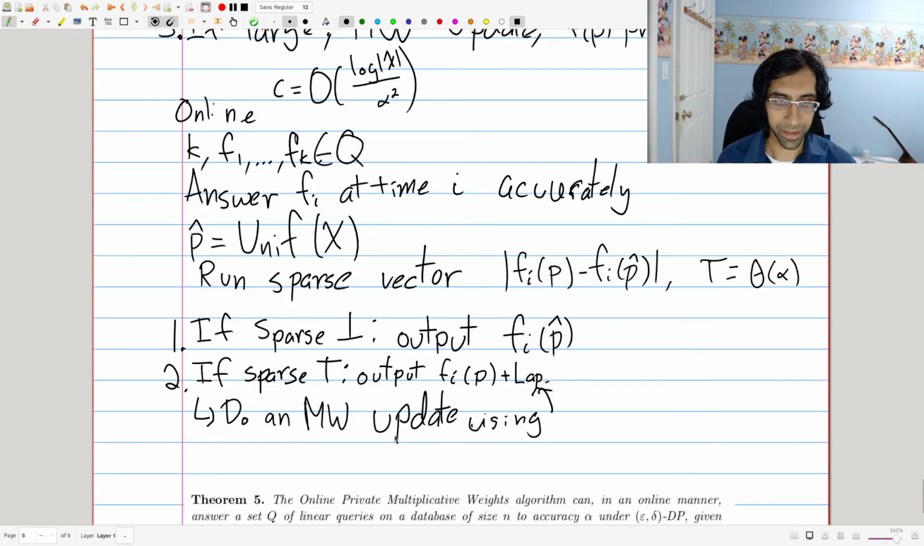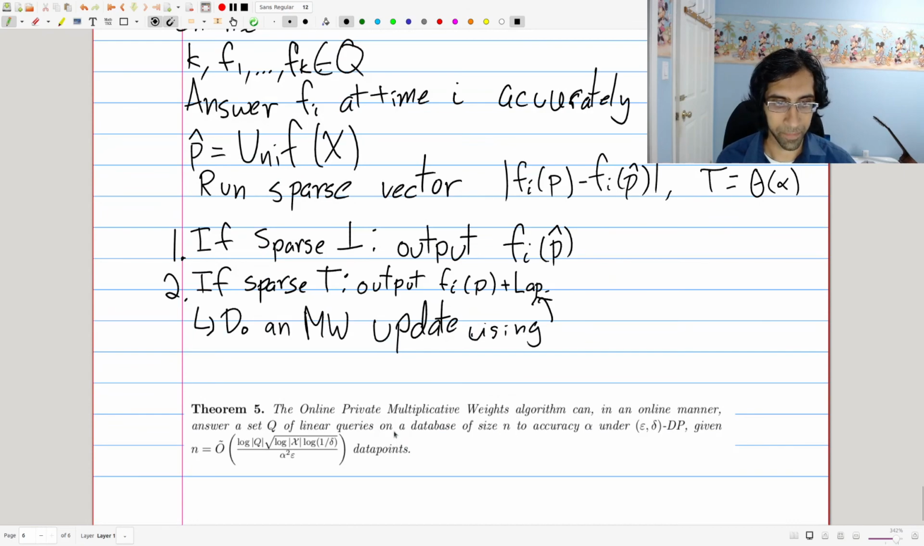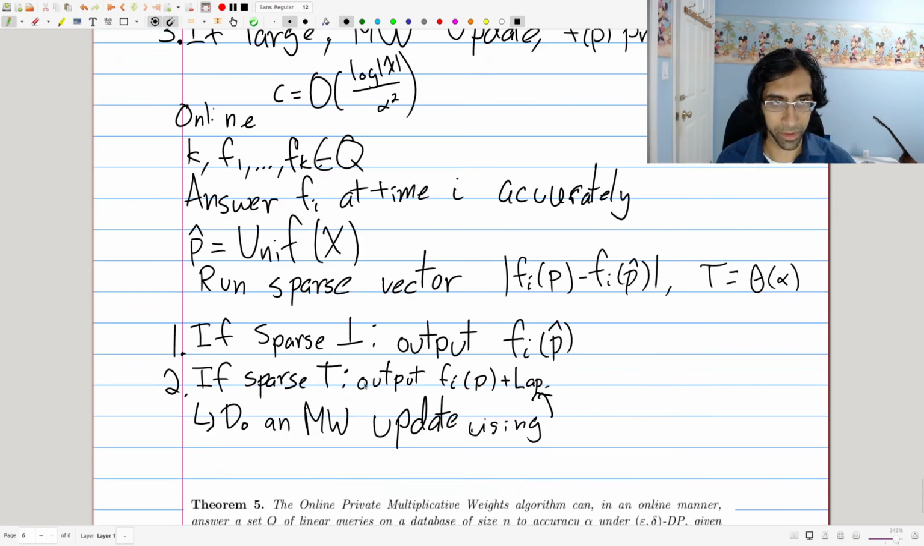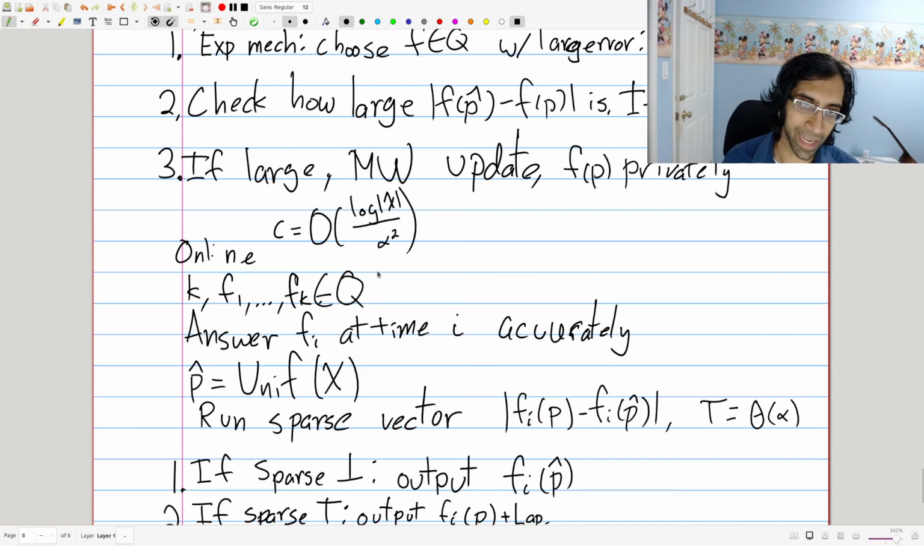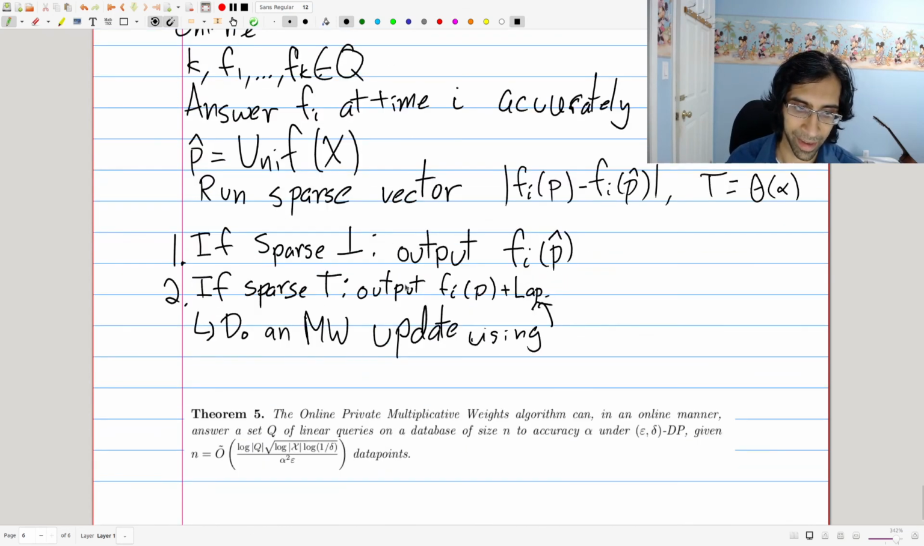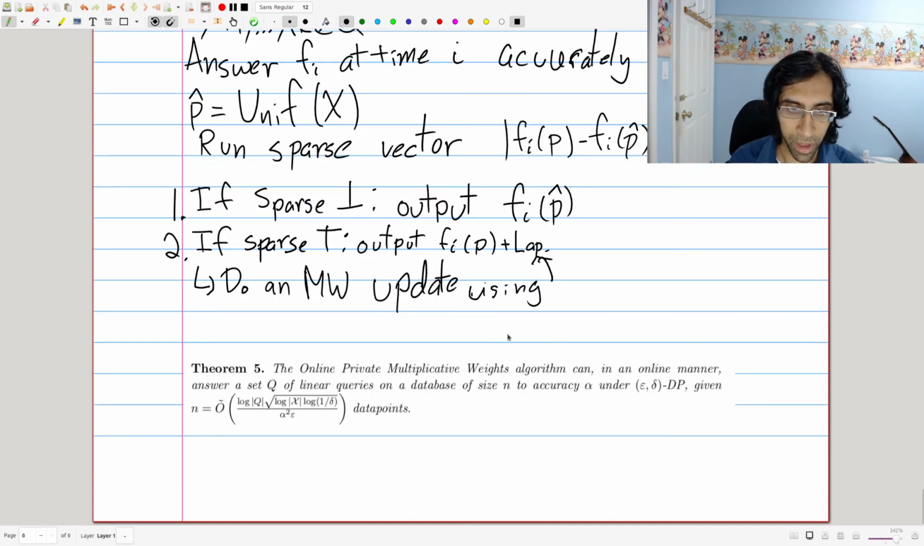And so, yeah, that's basically all there is to it. Combining the fact that setting C to be the appropriate value, as well as substituting in the appropriate value of epsilon, rescaling epsilon appropriately and things like that. It's not too hard. I'll let you fill in the details yourself, but it's possible to put these pieces together and then give the online private multiplicative weights update algorithm, which can actually answer a set of linear queries on a database